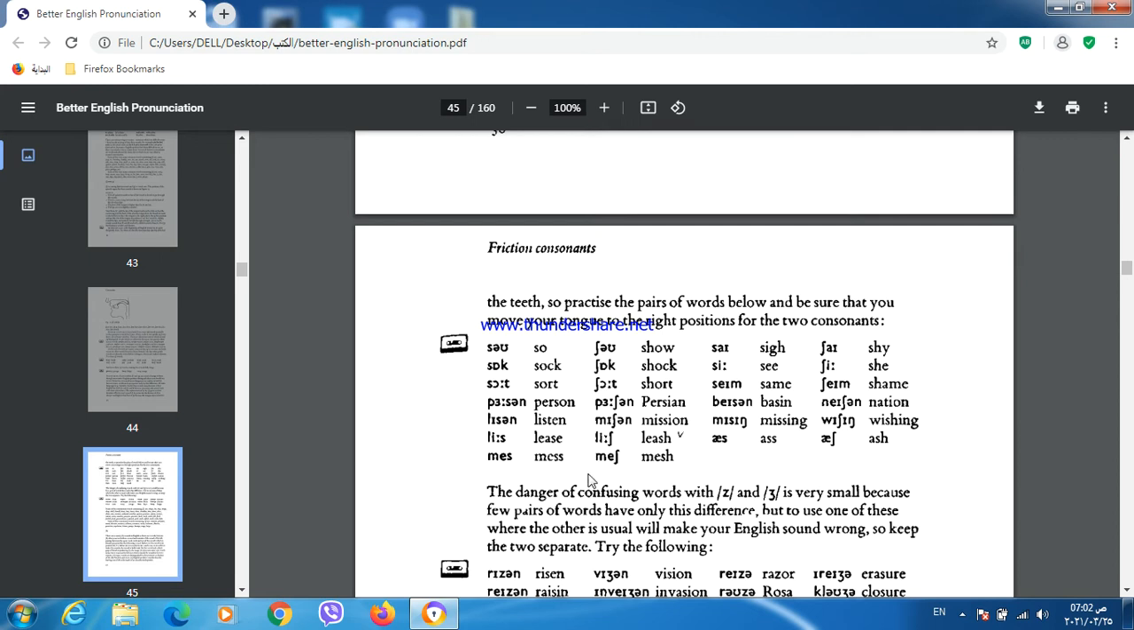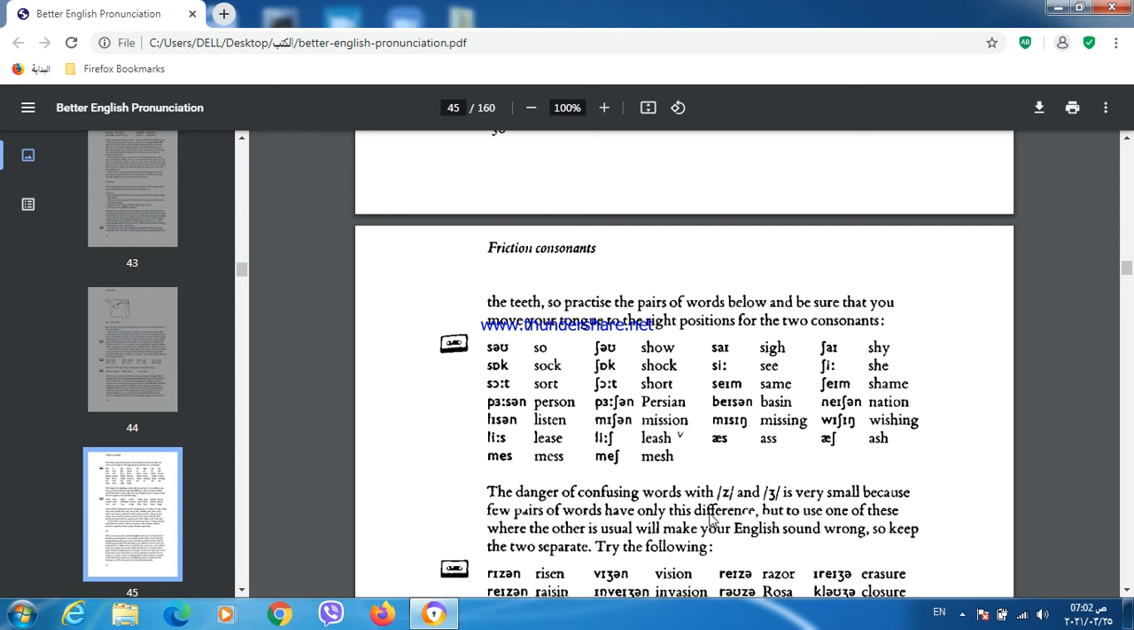Now, the danger of confusing words with ز and ج is very small. أنه يكون عندك خطر في أنه ما تميز بين الز أو الج، يعني الالتباس بين الز والج هو قليل. ليش؟ لأنه few pairs of words have only this difference. لأنه قليل من الكلمات اللي مثلا تكون z and g يكون التمييز أو الاختلاف فقط في الصوتين ز